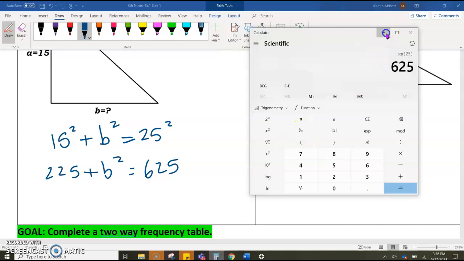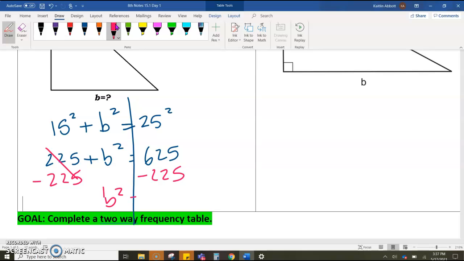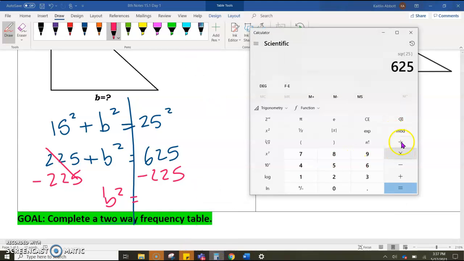Yep. Okay, now we're going to get B all by itself, so I'm going to get rid of this 225 because I want B alone. So, because remember your problem's put down the middle, so I'm going to take this, and I need to do the opposite to make a zero pair. Opposite of positive 225 is a negative 225, minus 225. These cancel out. I am left with b squared equals 625 minus 225